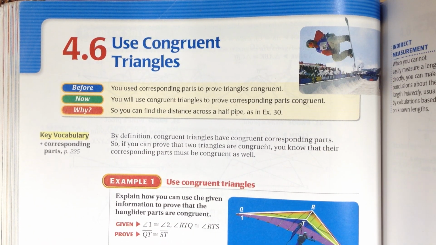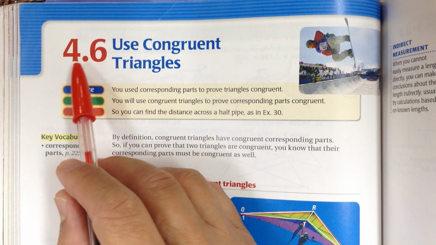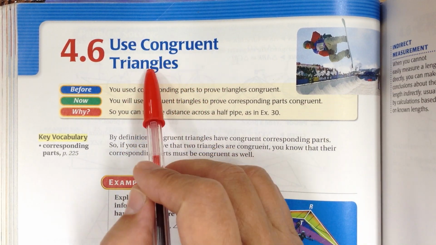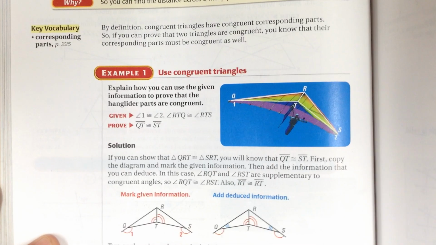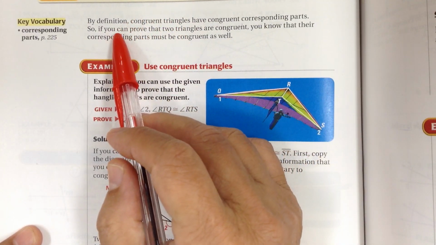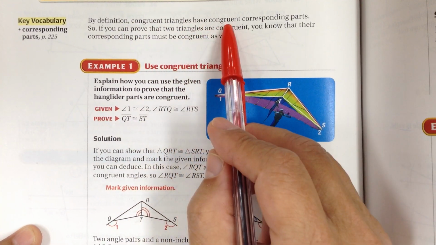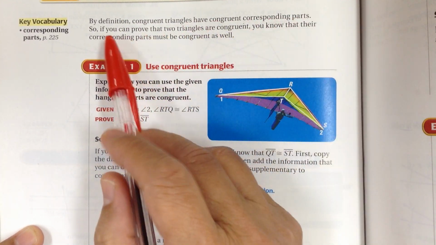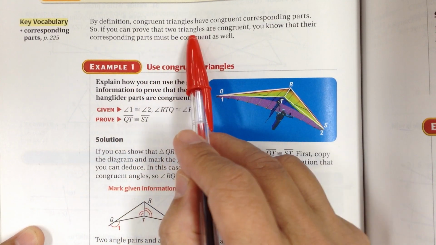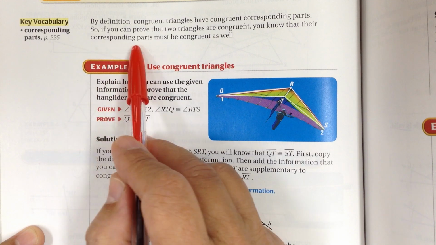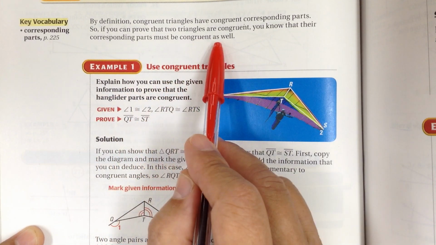Let's go to page 256. This is lesson 4.6. This lesson is to use congruent triangles. So let's go and read through the paragraph. It says, by definition, congruent triangles have congruent corresponding parts. So if you can prove that two triangles are congruent, you know that the corresponding parts must be congruent as